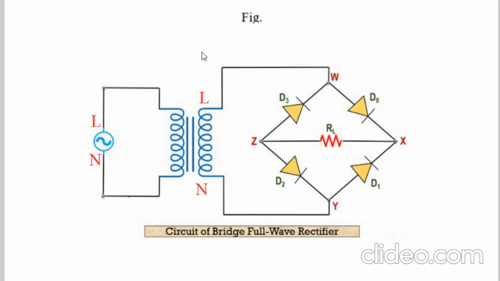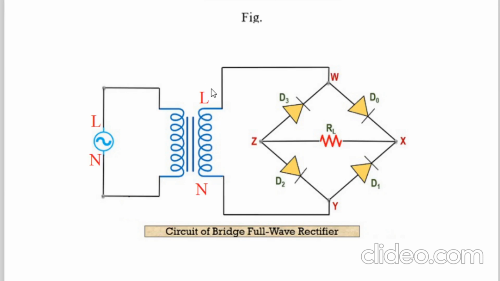Live only goes in the positive half cycle and live only goes in the negative half cycle. When live is in the negative half cycle, the 0 volt at the neutral becomes positive as compared to the negative magnitude of the voltage at live. That's why we say live is positive and neutral is negative, and live is negative and neutral is positive. But actually speaking, neutral is electrically neutral, it is 0 volt. We only compare the magnitude of 0 volt at neutral with the magnitude of voltage at live. So when live is in the negative half cycle, the 0 volt at neutral becomes positive relatively, and therefore current starts flowing in the reverse direction.